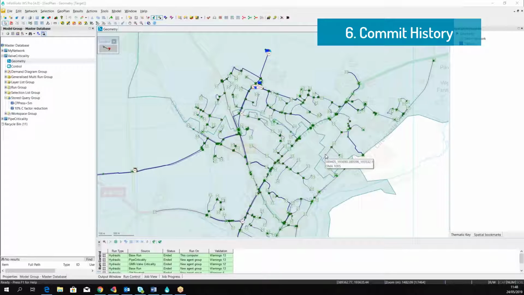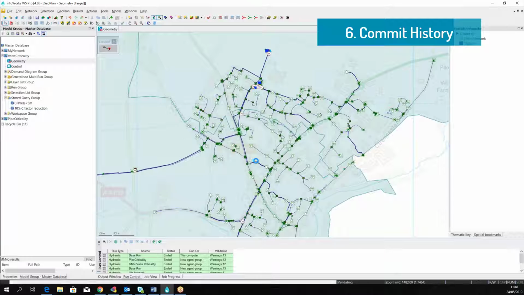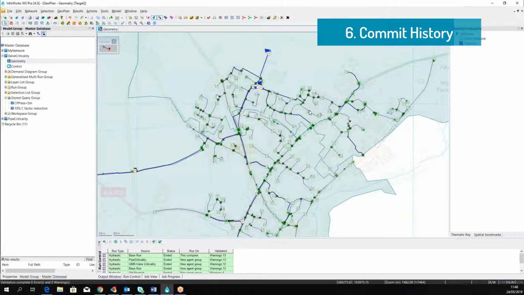The advanced technology that is built around InfoWorks WS Pro allows the user to keep track of all the changes that were performed over time. While we work with the model, we need to apply a lot of changes, like here for example we're changing the pipe roughness. All the changes must be committed to the master database, and alongside the commit we can